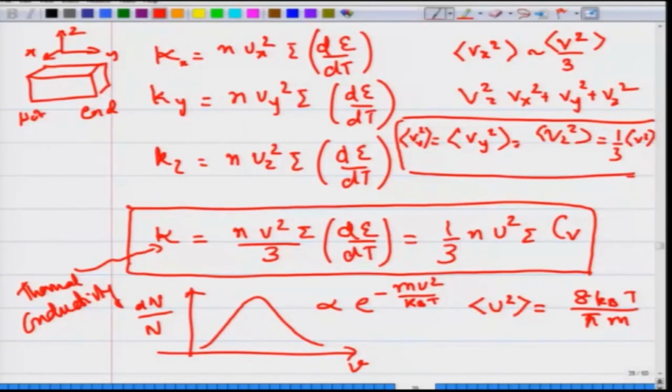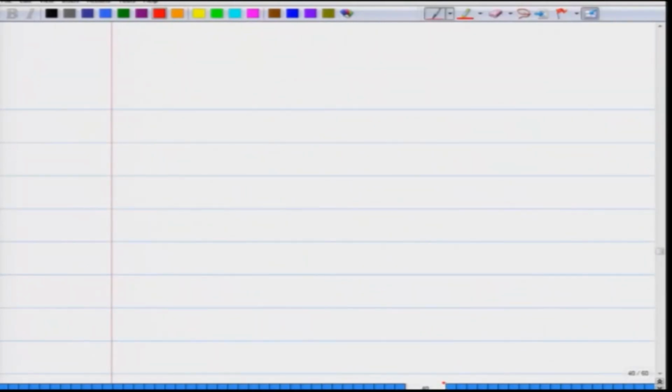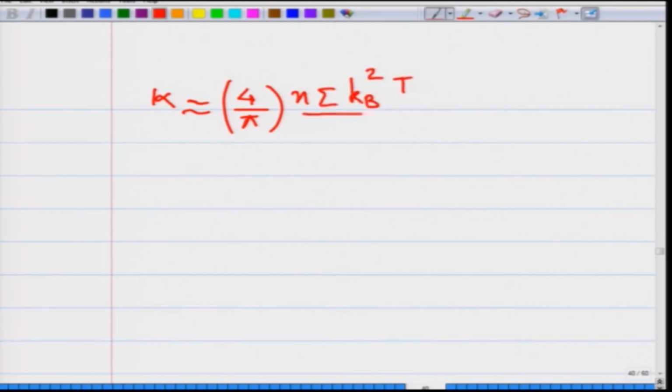So, the mean square velocity, if you calculate using this Maxwellian distribution, you will get this. If you now put this value into this expression and use the specific heat of this gas as 3 by 2 kB, then you will get that the thermal conductivity is equal to 4 by pi n tau kB square T divided by m,